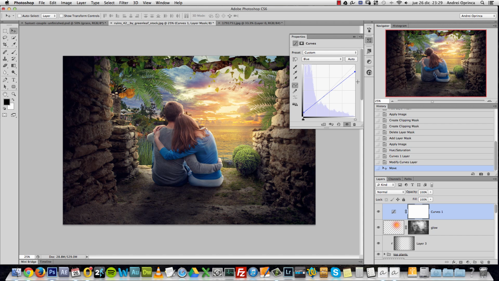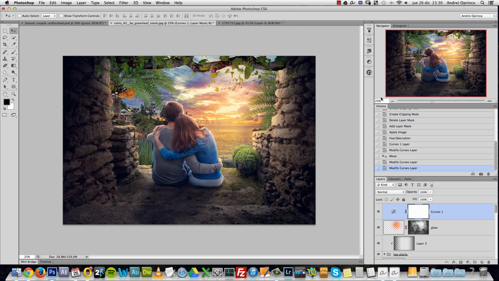Okay, see that? And then on the greens, I added a bit more green on the blues and a bit more magenta on the midtones. Not too much, just a touch there, like so. And then on the reds, I shifted this a bit to the left to add a bit more red on the highlights, left this on the line where it was, and just moved this top one, the highlights, a bit towards the left, and you can see the effect that we create with this. Okay, maybe a bit more blue on the